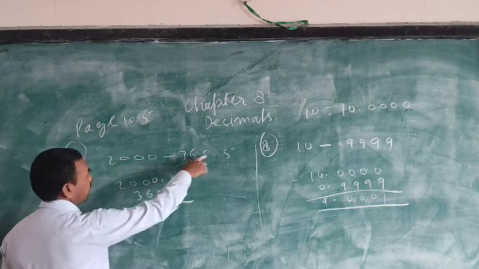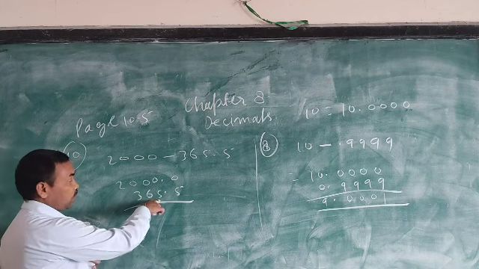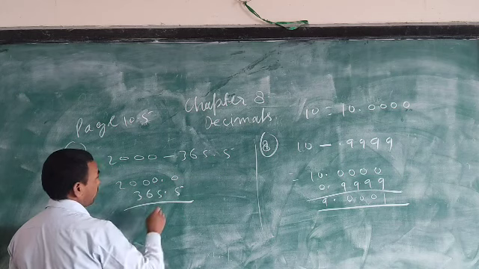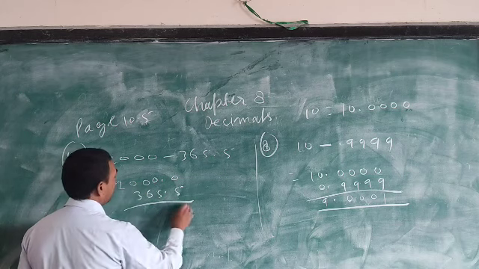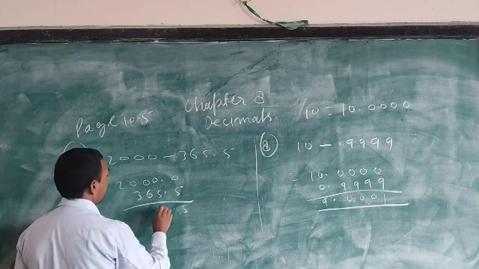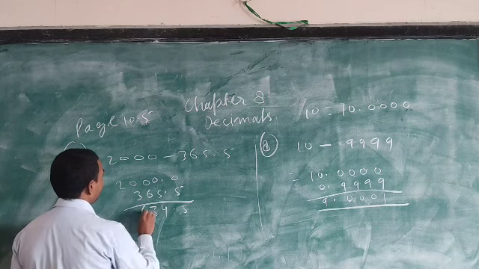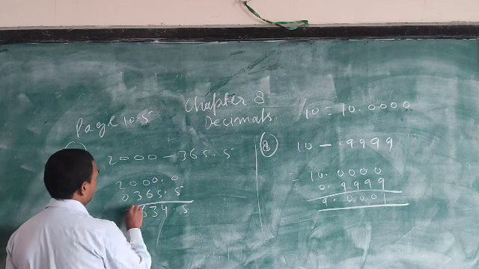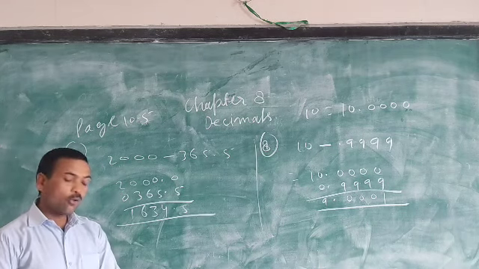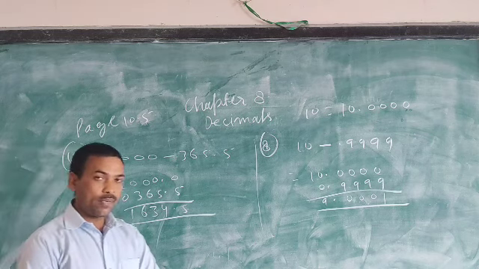365.53. Once 365 is in ones, tens, hundreds, so ones is below ones place. You know how to subtract the whole number part. And the decimal places, so below decimal place. So take 4 from here, 10 minus 5 is 5. And here 9 minus 5 is 4. Then 9 minus 6 is 3. And here 9 minus 3 is 6. And 1 minus 1 is 1. So the answer is 1634.5. I hope you understand how to do addition and subtraction of decimal numbers.